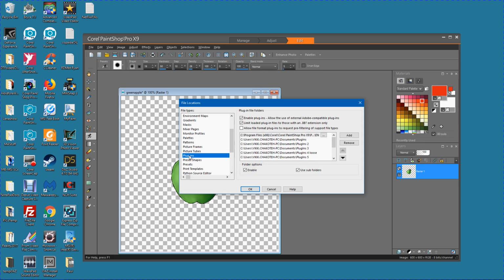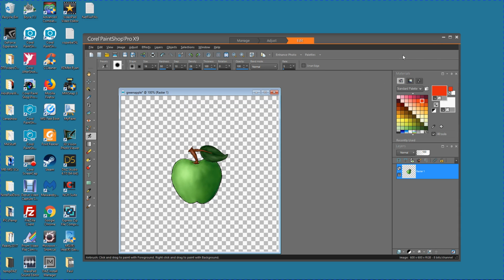Plugins. Look at there. We've got all kinds of things for me in plugins. Paint Shop Pro has some. I'm asking it to find everything that I have, and I'm going to show you what I do with my plugins. Okay, so we're just going to X out of that,